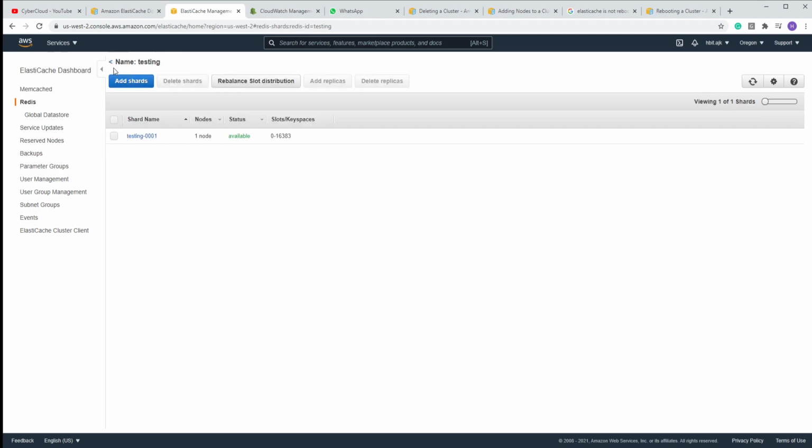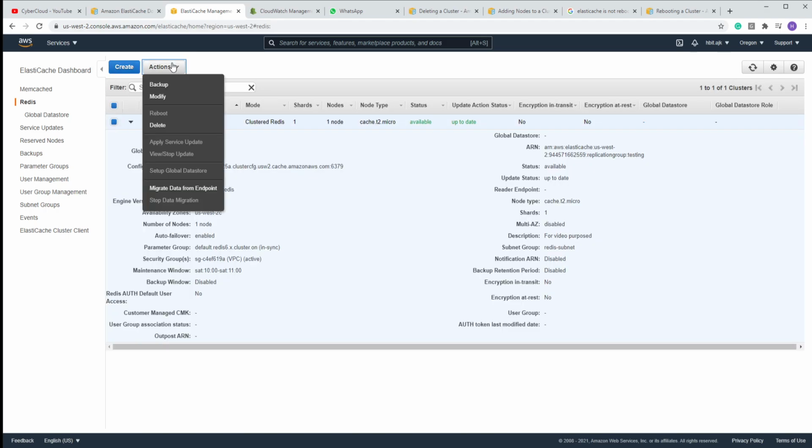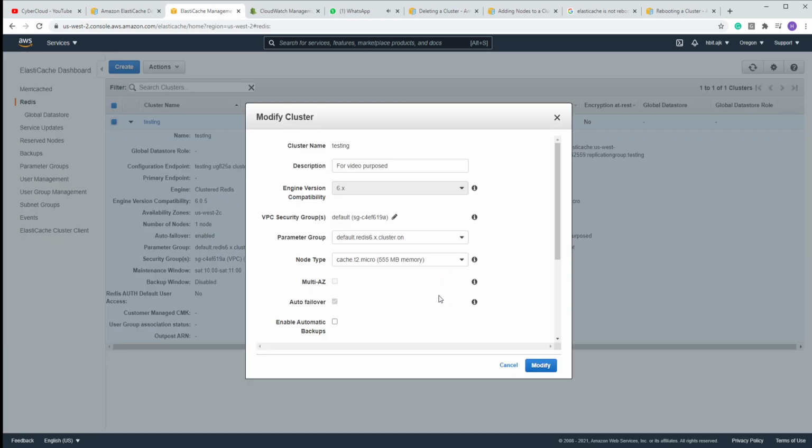We can also modify our cluster. In modification, we need to select our cluster, then Actions, and Modify. In modify, it is giving the option to change the parameter group, and also we can increase the node type. We can select a different node type and we will press modify. Then it will modify the cluster. After that,